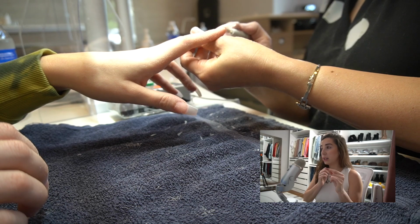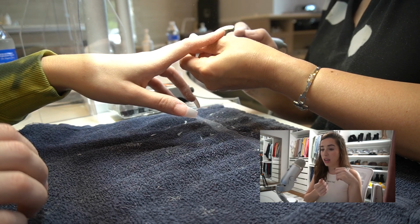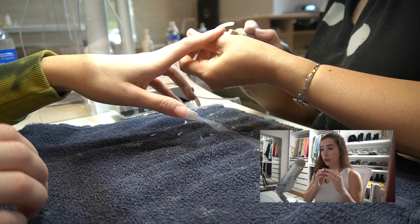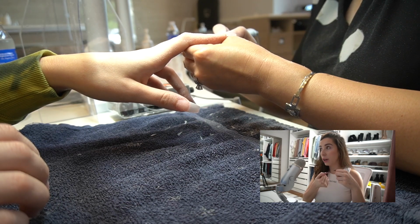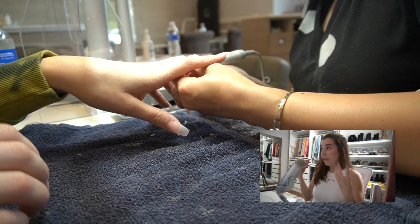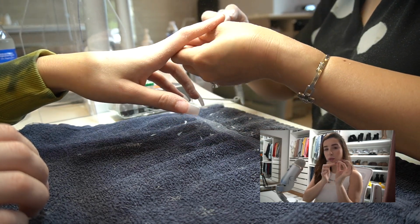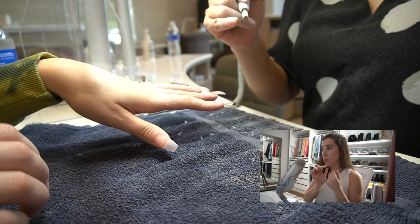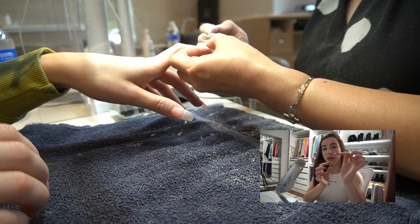That I noticed with nail techs that didn't know how to do my type of nails well. They would just slosh on the acrylic. It was thick, it was just gloppy, it was everywhere. And she doesn't do that. She does a really great job, almost to the point where if she didn't file it down, they wouldn't look atrocious. But anyway, she's now filing just over the whole nail. She's just thinning out everything, so it's not fat. That is why, again, when you take your acrylics off, and after you get refills, so when you get a refill, your nail